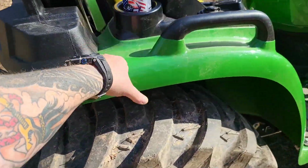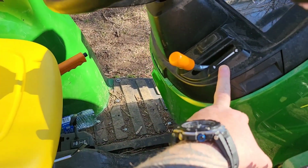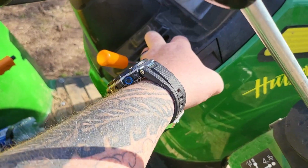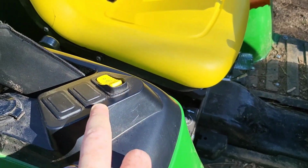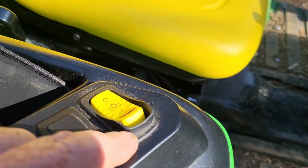Again, more plastic, composite. The RPM is just like a riding lawnmower. Turtle for slow, rabbit for fast. It has provisions for additional buttons, so if you want to put in more lights or speakers, or you want to get fancy and add stuff to it, you can. But it comes standard with, there's your PTO button,